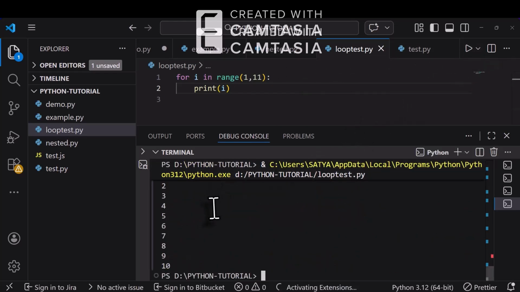So this is how you use looping statements in Python to avoid repetition. Whenever we want to run the same code multiple times, we use a loop statement. In the next video, we will use for loops to print even numbers and